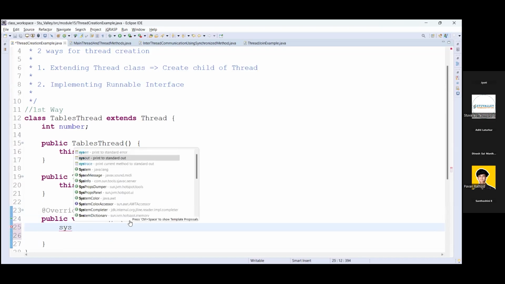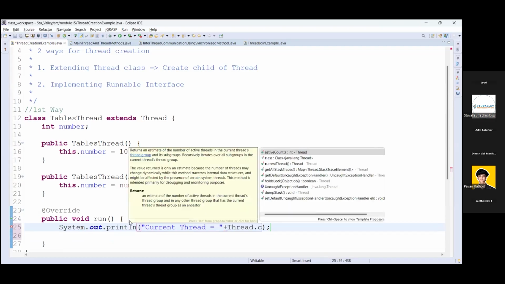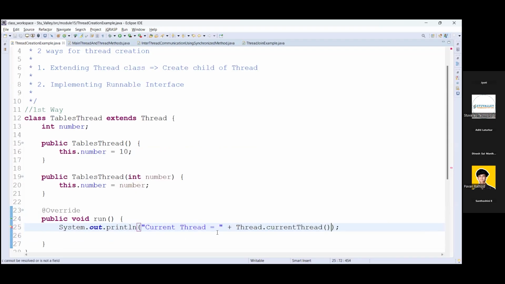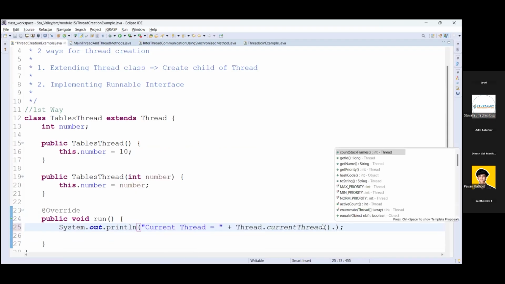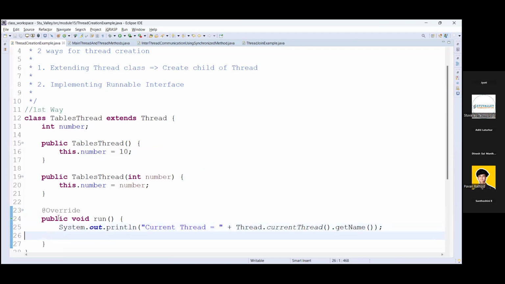Here first I am displaying the current thread using the Thread.currentThread method, so that you will understand which thread it is. I just want the name of that thread, that's why I'm using the getName method here. Now this run method will calculate the table of the given number.